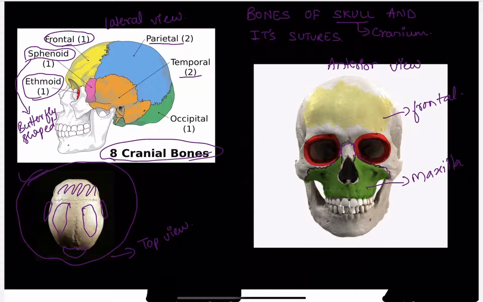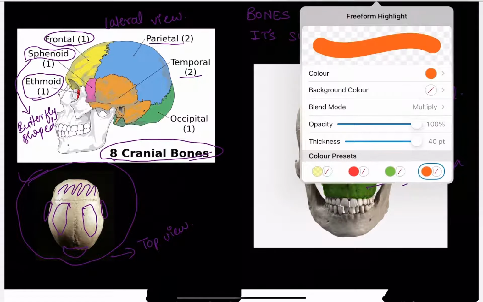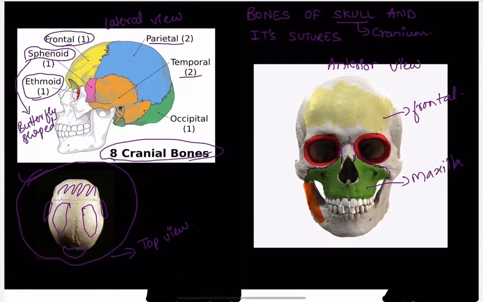Do you see this jaw over here? This jaw which moves when you chew food, when I am speaking right now, it's a movable bone. What is it? It is mandible. It's used in mastication. Mastication means chewing your food. Then what more bones can you see? One bone is left.